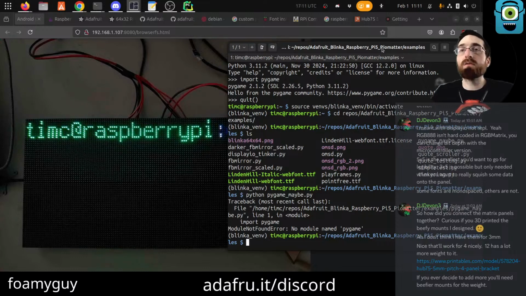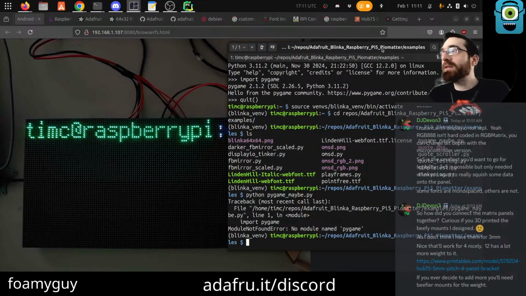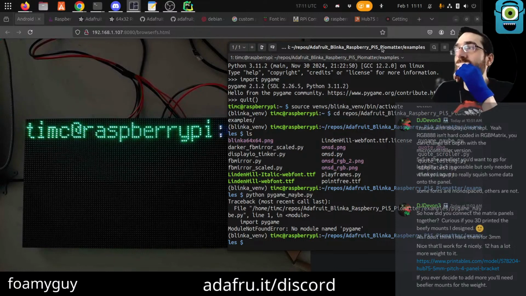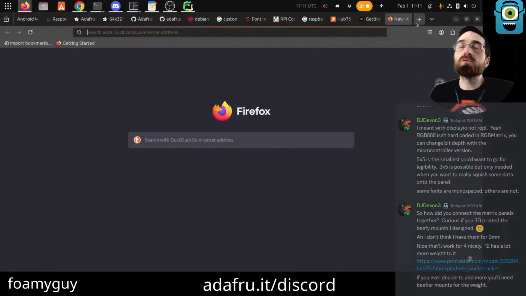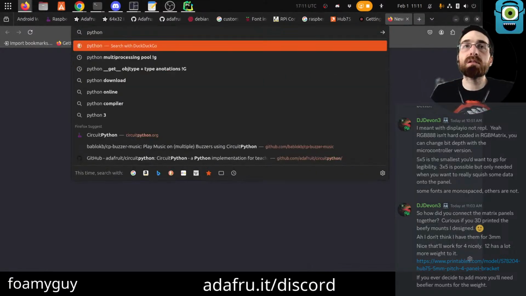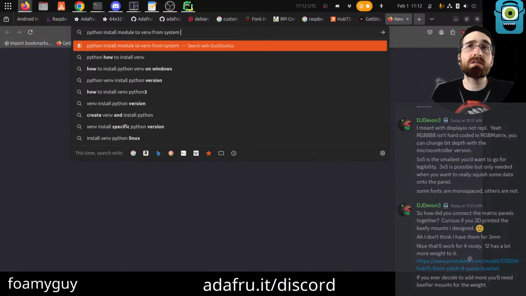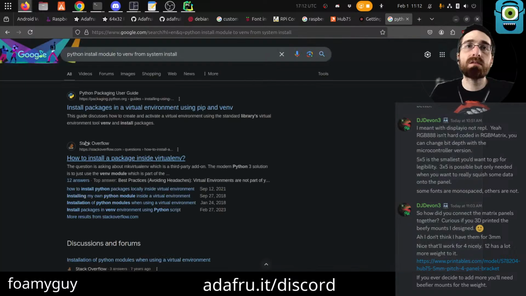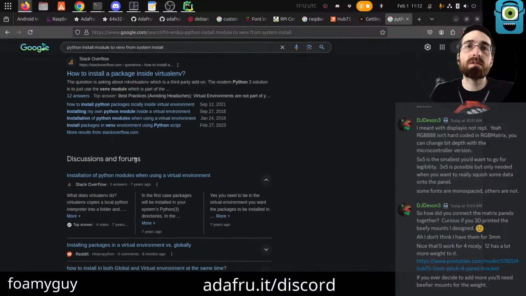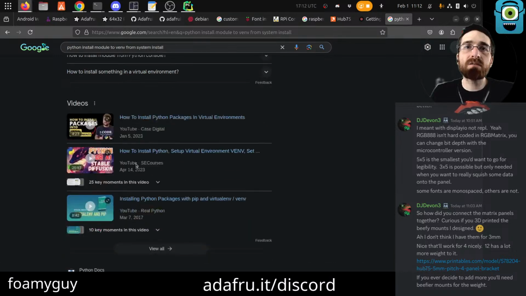Module. Oh. So Pygame is installed in the system Python, not the virtual environment. Can you install a Python module to the virtual environment from... Can I copy it somehow?